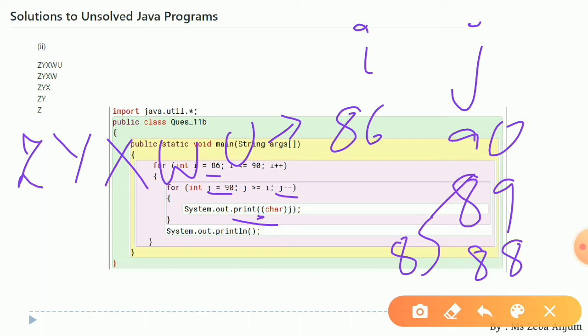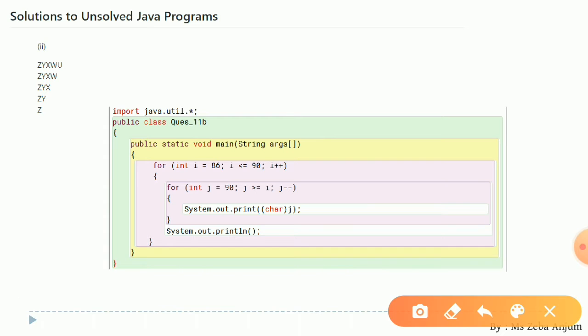And when it comes out of the loop, then this line will get executed. System.out.println, see, ln is for new line, so that is why your cursor will come to a new line. Again the value of i will increment, i becomes 87 for now. So see, the first row we have done. Now let us see the output when your i becomes